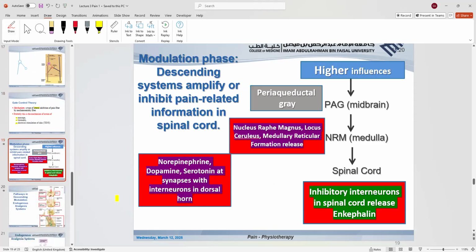Next, please. Now the other mechanism, which is called the endogenous analgesia system. What does it mean? That some higher influences, maybe you are in a battlefield, so the thinking is to do something extraordinary. So what happens? Those higher influences can stimulate an area in the midbrain, which is called the periaqueductal gray matter. Now, if this periaqueductal gray matter is stimulated,